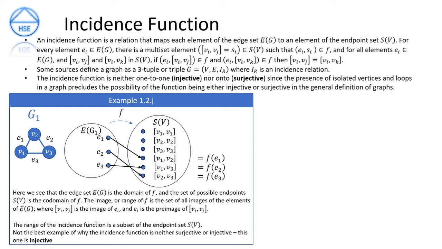I have to say that looking back now, the example 1.2j is not the best to highlight why the incidence function is neither injective or surjective for general graphs, because the function in this example is actually injective. If we look at EP 2011, she states that an injective function is defined as follows. Let f be a function from a set X to a set Y, where f is one-to-one or injective if and only if for all elements x1 and x2 in X, that is, two